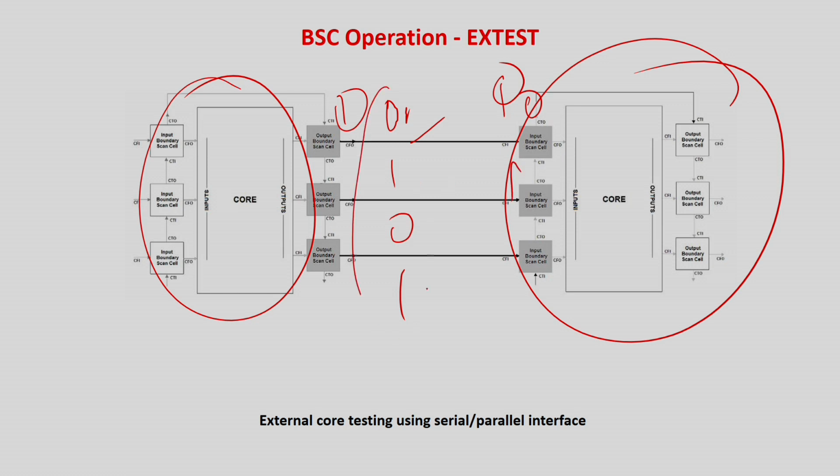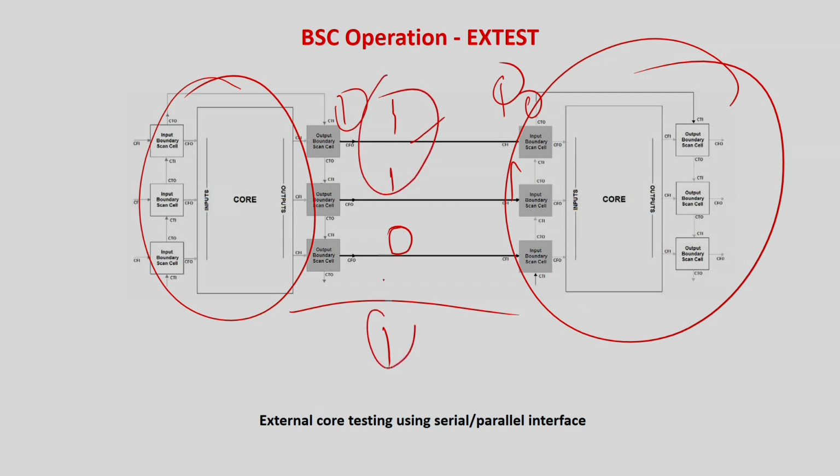But sometimes, as I told you, you make different pattern combinations in the nearby neighboring lines, so that you can test for bridging faults or interference faults. Like one pattern can be something like I put a 1, 1, 1 here and a 0 over here, assuming a fourth line to be there. In this case, all these ones can try to pull the 0 to a 1. That can also happen.